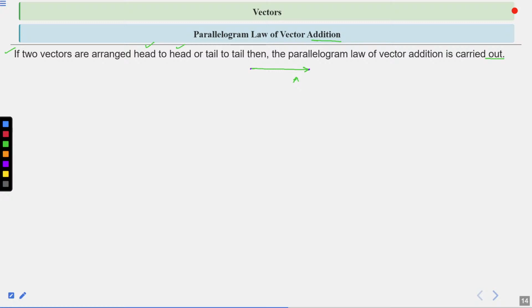Head to tail means this one is the head and the tail is this one. And what about tail to tail? This is a vector, the tail point is this one and another is this one. So tail to tail. Now in tail to tail,